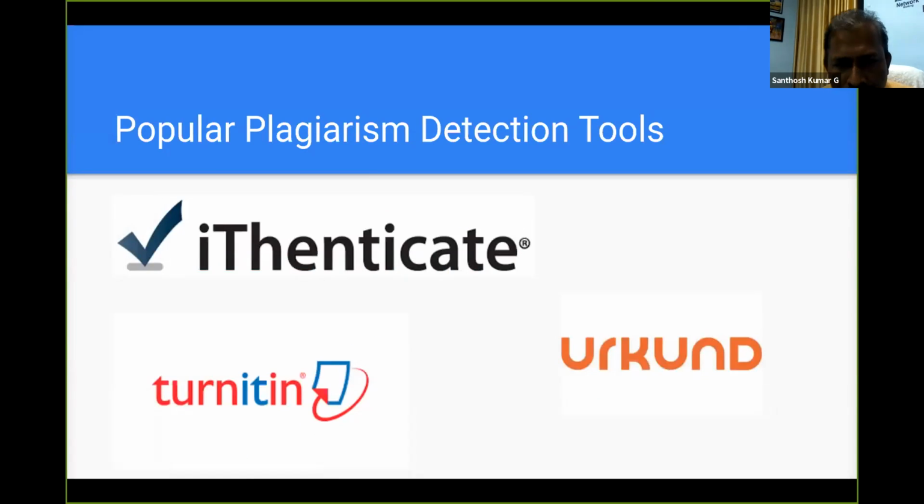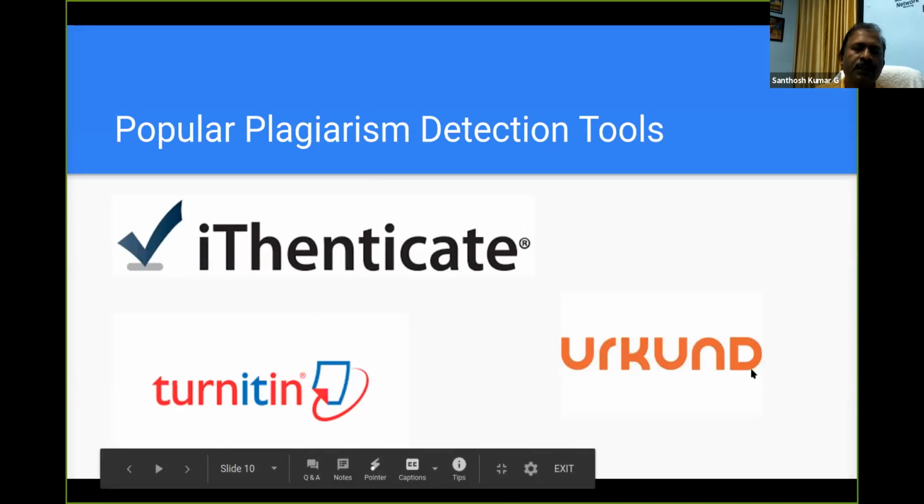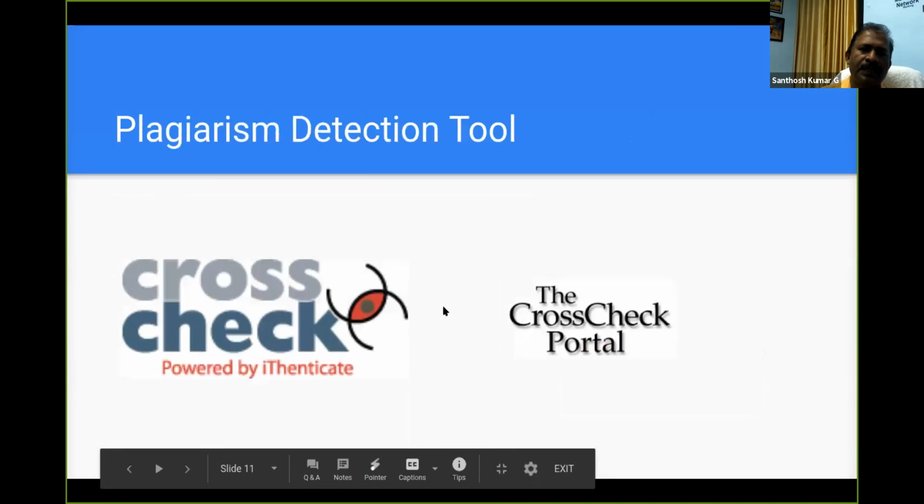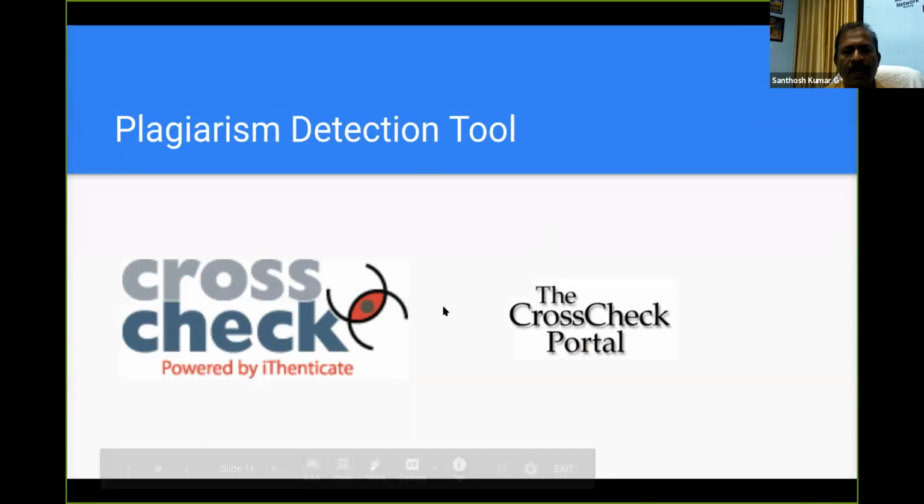Okay, now the popular plagiarism detection tools. As you might be aware, there are varieties of tools available online, but these are the popular plagiarism detection tools, which are popularly used by many universities and organizations. So Authenticate, Turnitin, and Oakland. These are the three popular plagiarism detection tools, and IEEE basically is using Authenticate, but the brand name given for